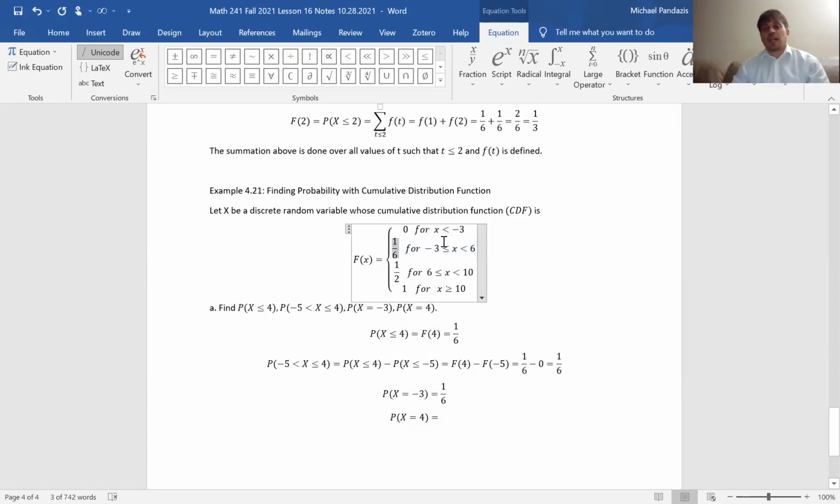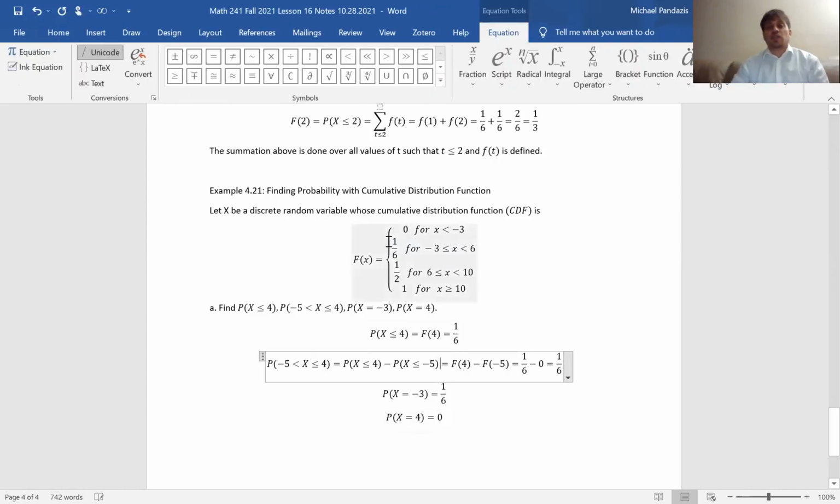It stays 1/6. And so the act of adding the probabilities of these in-between x values changes nothing to the sums of the probabilities, which means that the probability of any of these numbers in this interval other than -3 has to be 0, right? That's why it stays 1/6, because adding the probability of any of these x values in between doesn't change the sum. And since x equals 4 is directly in the middle of it, not at the endpoint -3, the probability x equals 4 has to be equal to 0.